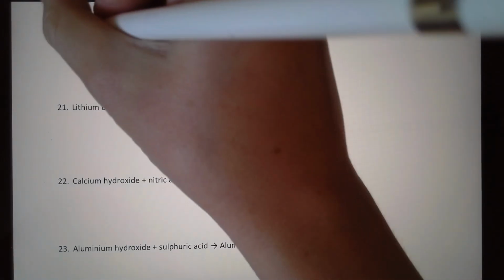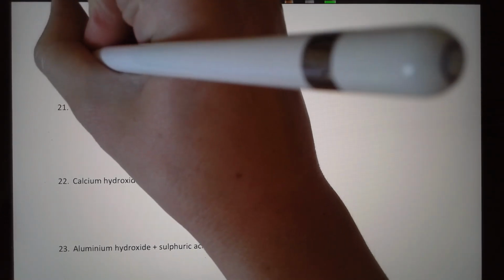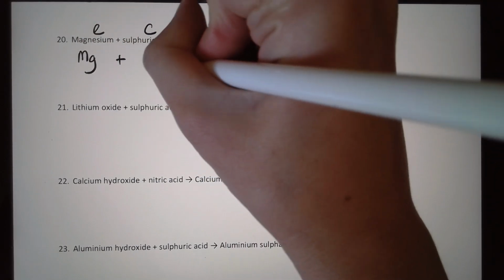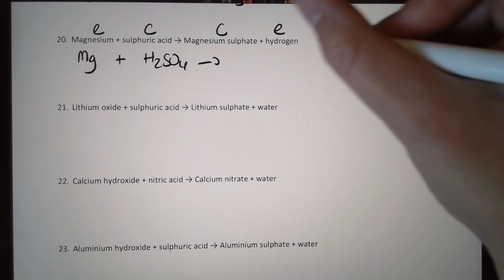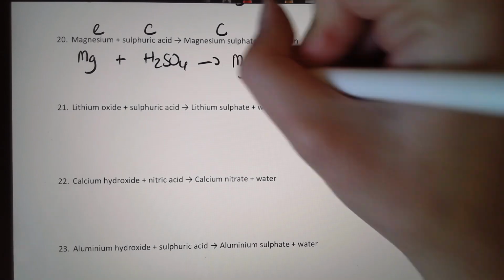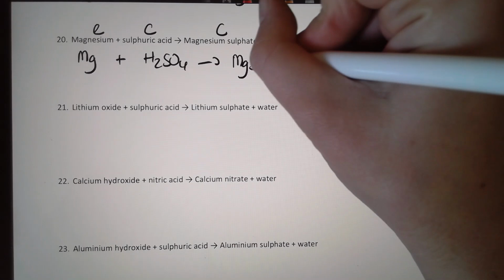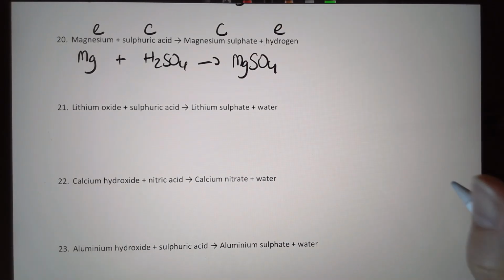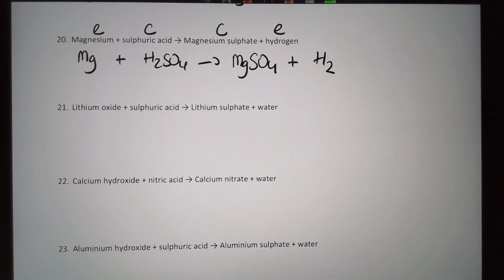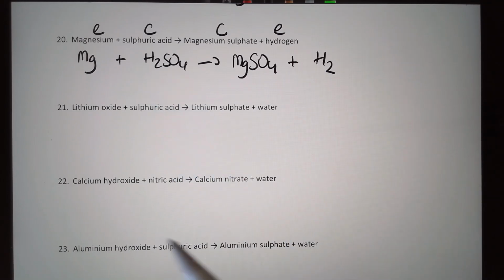Magnesium and sulfuric acid, again, element, compound, compound, element. Magnesium is just Mg. Sulfuric acid, you need to know it, H2SO4. Magnesium sulfate, I'll need to work this out using charges. Magnesium has a 2+ charge. The sulfate ion is 2-. Because they cancel, I just put them together and get MgSO4. Hydrogen is an element, hydrogen is diatomic. If I check my balancing, I've got 1 magnesium on each side, 2 hydrogens, and 1 SO4 on each side,